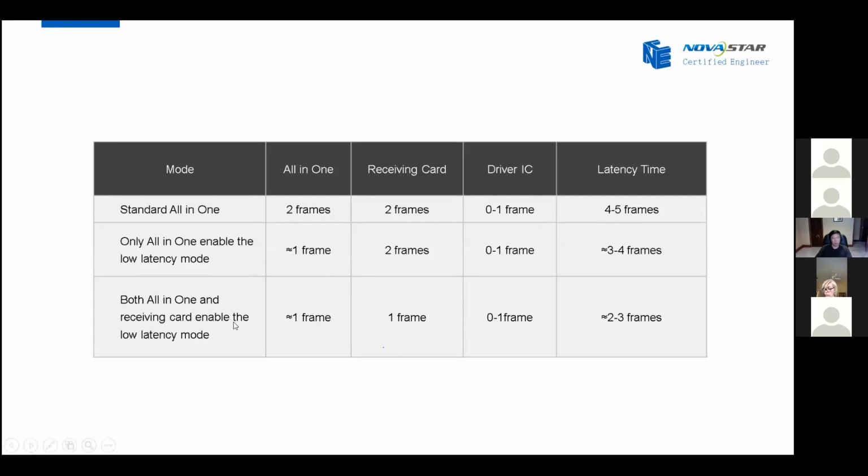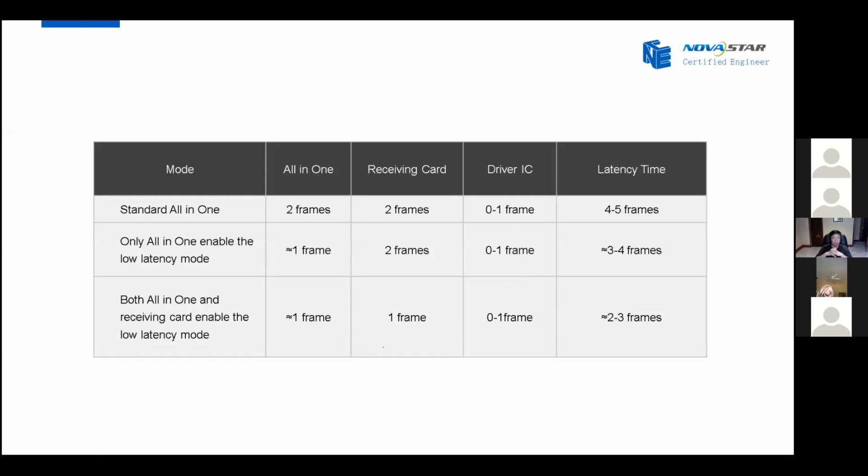So when we enable low latency on both the all-in-one controller and the receiving card, the total latency of the low latency system will be 2 to 3 frames: one frame from the all-in-one controller, one frame from the receiving card, and the other frame of latency from the drive chips. It depends on what kind of drive IC you use. So this is our low latency solution for both the sending card system and the all-in-one controller system.